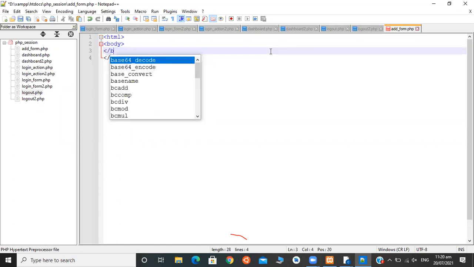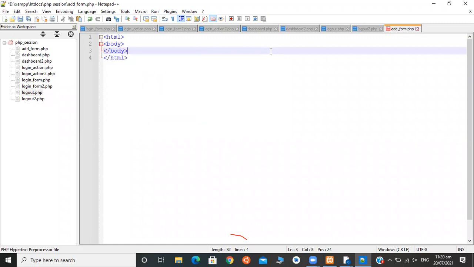You can ask them also, Chaitali. You can ask them to guide you. So students, tell me now how a form will be created here. HTML you are aware of. You have just seen a login form. Now instead of login, we have to keep an addition form, so we have to take input of two numbers. So you tell me how we can take it. Any one of you? Please help me, any one of you. We can write the form element.